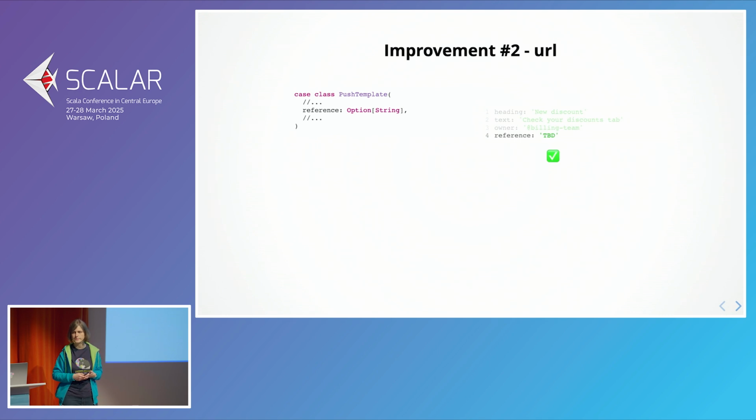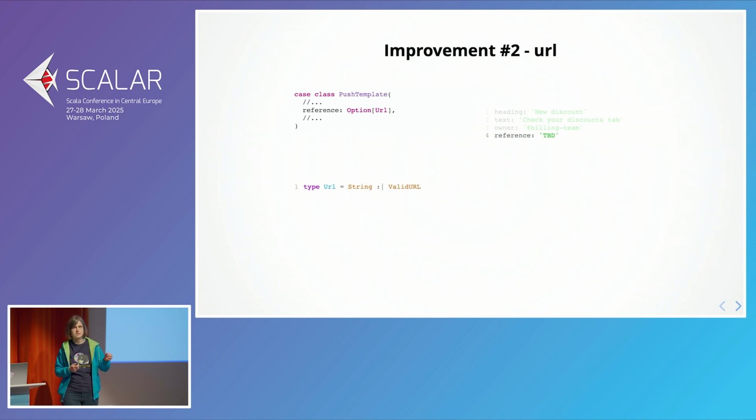So what we can do, with plain types, it would validate and we don't want it. What we can do is, using Iron, use our type. So we are introducing our type alias, which is, again, what we have seen in the previous slide. It's a base type refined with a constraint. And this is everything we can do because this valid URL constraint comes out of the box in Iron, with a couple of other nice constraints that you can use.